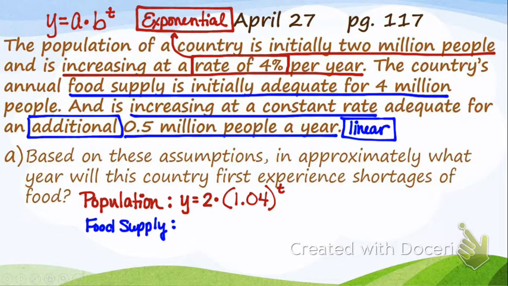So is that for all? Anytime they give us percents and it's growing, we take 100% and we add on the percent that they give us in decimal form. If it's decaying, if it's getting smaller, we would do 100% minus the amount that it's decaying by. So wait, if it's minusing, what would it look like? Then I would have a number that's smaller than 1 in here. It would be like 0.92. That would be if it's going down. But this population's getting bigger, so I'm going to have a number that's bigger than 1 here.